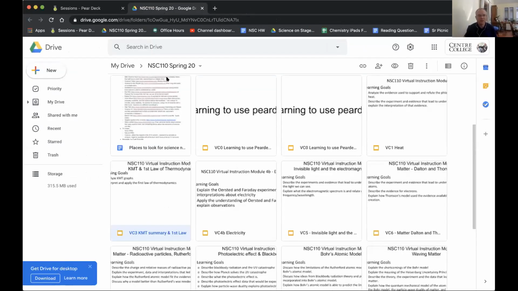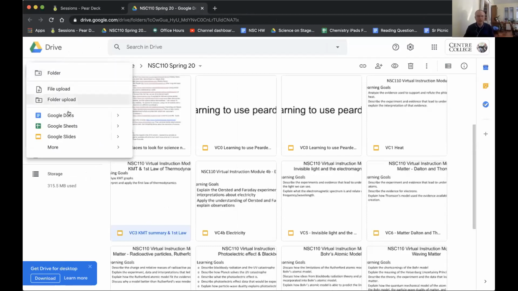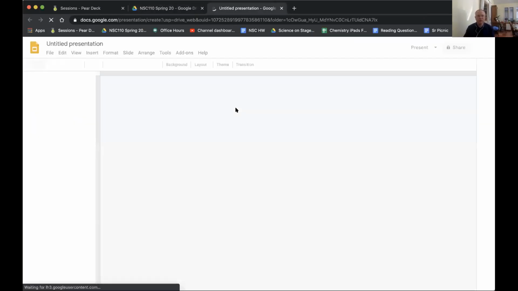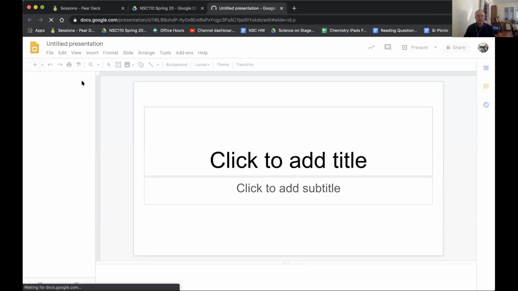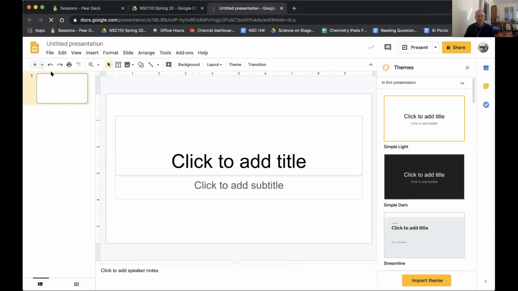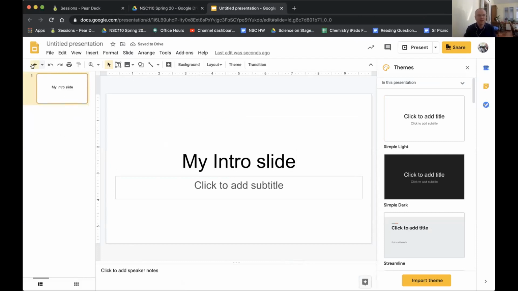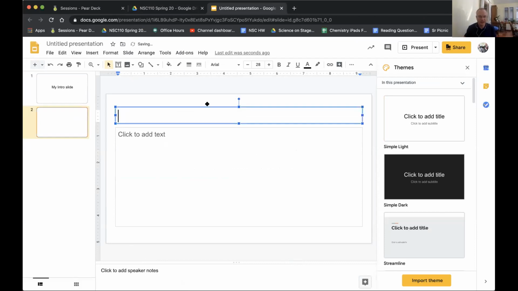So I'm in a Google Drive, and this is where I made my Pear Decks this spring. If you create a new presentation, I could type something in this slide and have it not be Pear Deck oriented. And if I add a new slide, I want to ask a question,